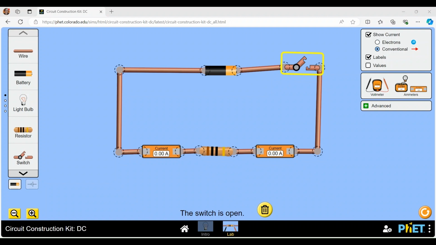I'm going to show you how current flows in circuits using this circuit building simulation from PhET. Here I have a series circuit with a cell, a resistor and ammeters to measure the current. One nice thing about PhET is it can show the charges in the wires. You can see that even with the switch open, the charges are already there throughout the wires in the whole